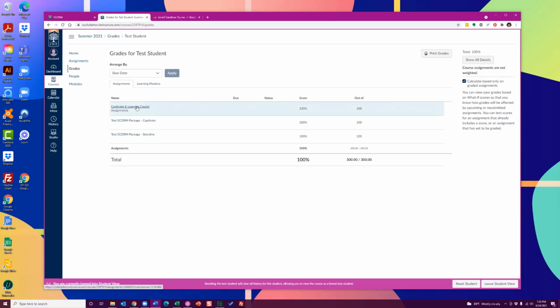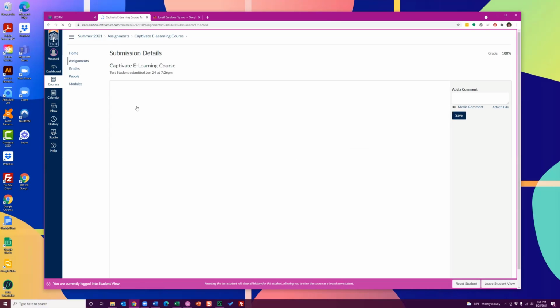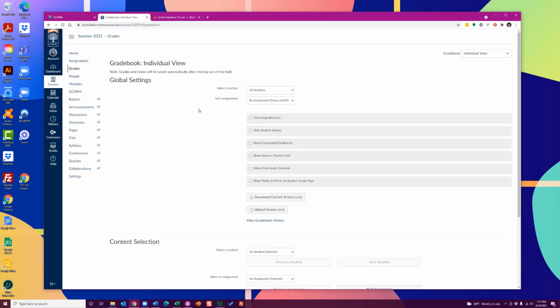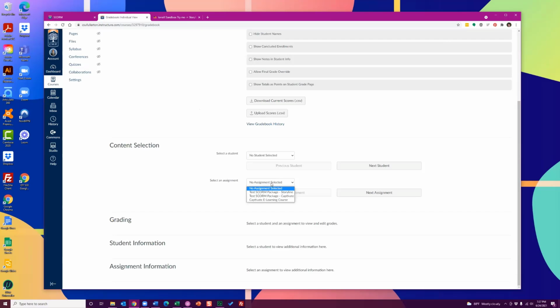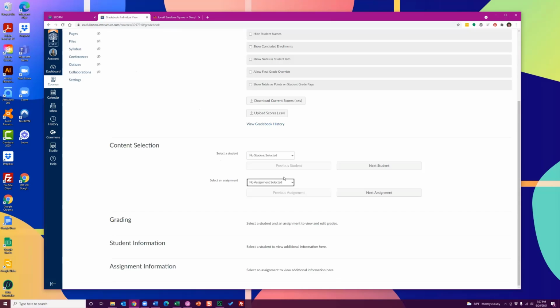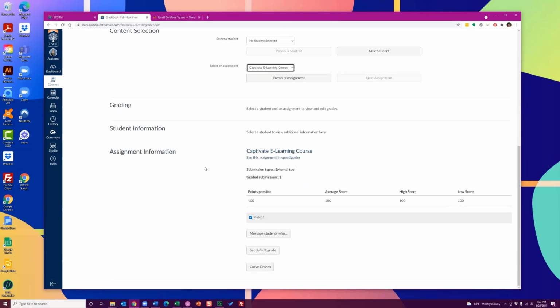That's basically it. So just to reiterate, you can only view your grade, or whether it's passed or incomplete or complete, in Canvas. As the instructor, if you go in, you can see the students' grades in your assignment. You just go to, again, instructor view, go to grades. You'll go down here to select an assignment. You can choose your SCORM package, and you can select a student and see if anyone has completed it or